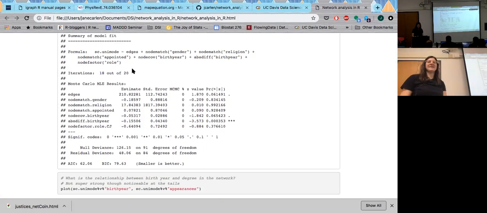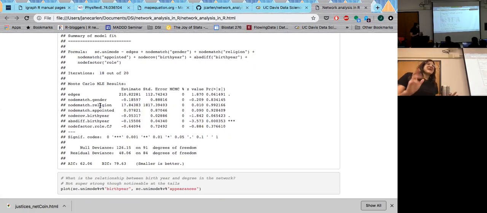Question? Sorry, but what should we be looking at? We're seeing this on the... Great, yes, that's what we're going to talk about next. It's summarizing all these features that I put in the model. Similar to a linear regression, you look at what turned out to be significant first. So what this is saying is,